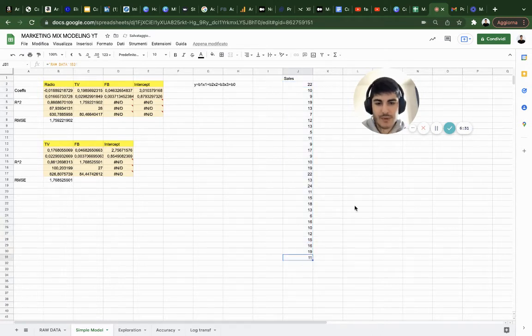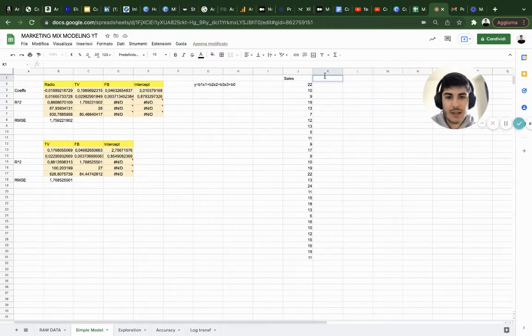Okay, perfect. Now we're going to do predicted with radio, and what I will do is this: equal intercept with F4, so we block it, plus